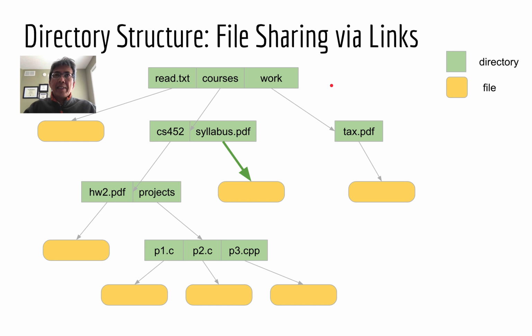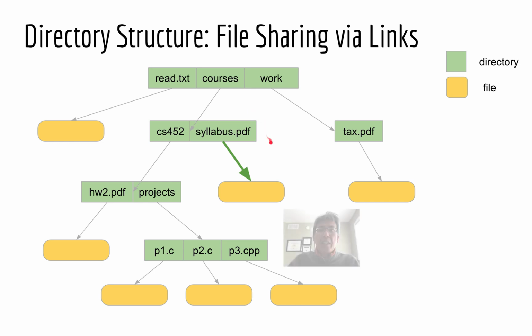Creating a link in a file system is simply to create a new directory entry without creating the actual data of the file. In this illustration, let's say you create a file, syllabus PDF, under the courses directory. When you create that file, the file system will perform the following two actions. First, it will allocate disk blocks to hold the PDF file, and then second, it will create a new directory entry to hold a pointer to that file and other metadata of the file like the file size, the creation date, the owner, and so on.